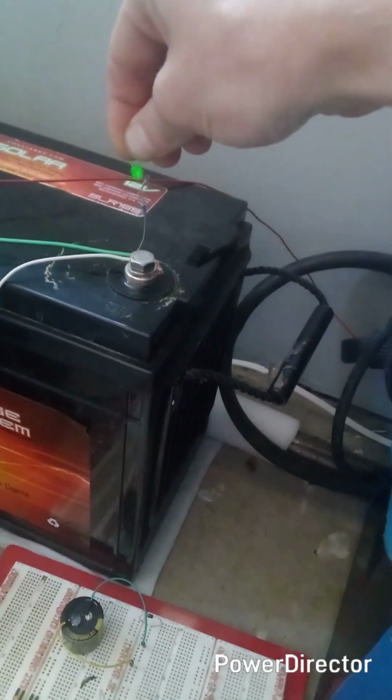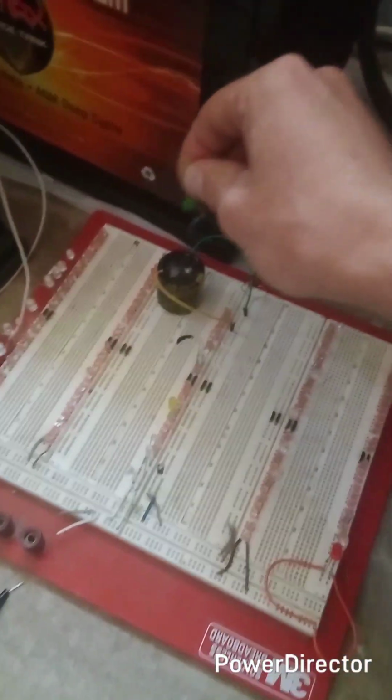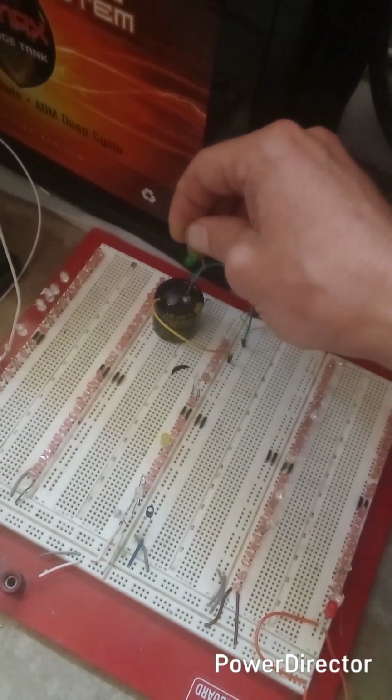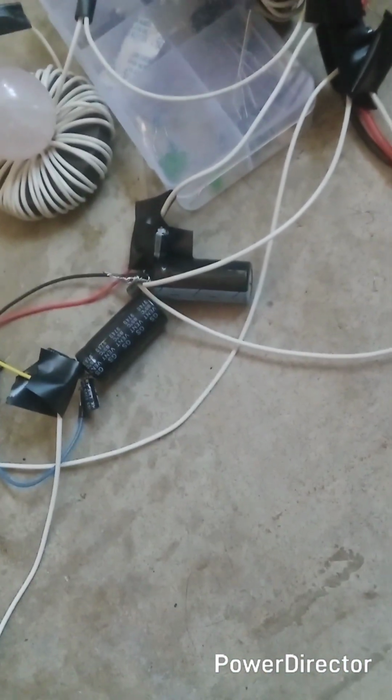And then as you can see, the good old LED test, touch the negative, touching with my body. My body's just chilling here. And then if I were to touch this negative, same thing, lights up. And then we don't even have this positive connected, but we do have the negative connected there. So, yeah,